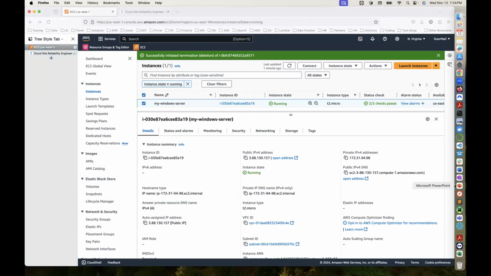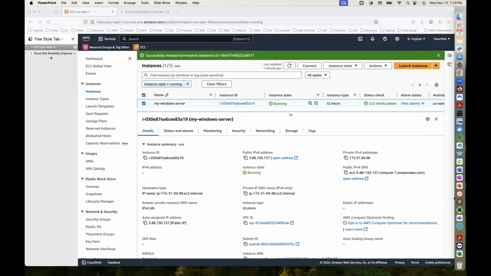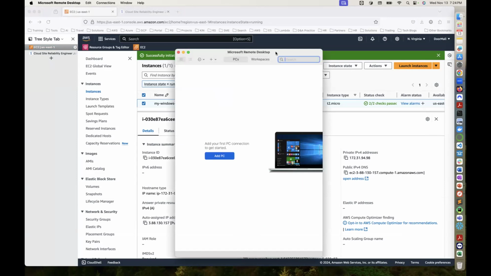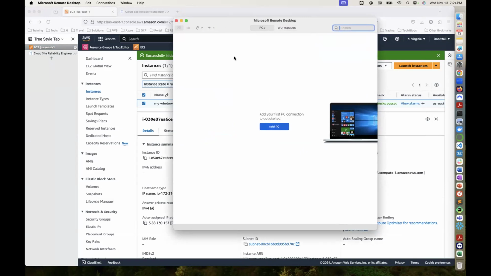And that tool for MacBook is called, no, not PowerPoint, sorry, Microsoft Remote Desktop. That's what it is called. This tool right here. Microsoft Remote Desktop. This is a tool only for Mac users to be able to use to connect to